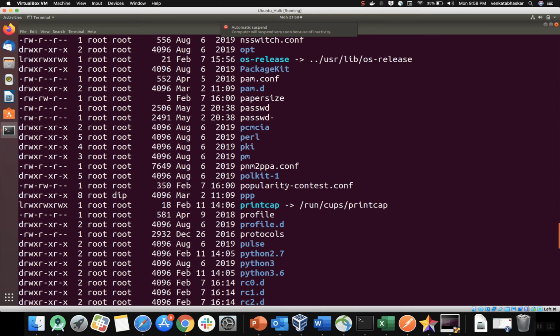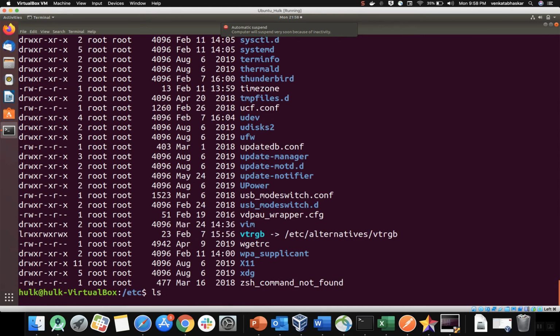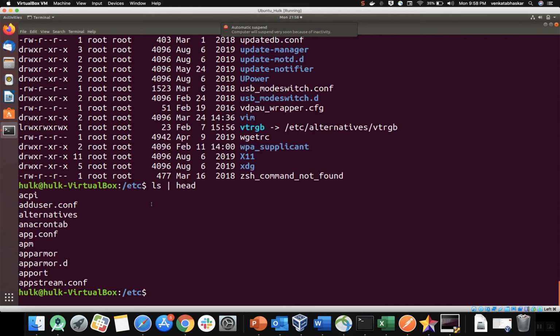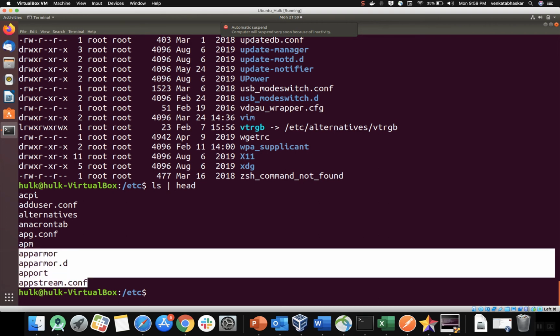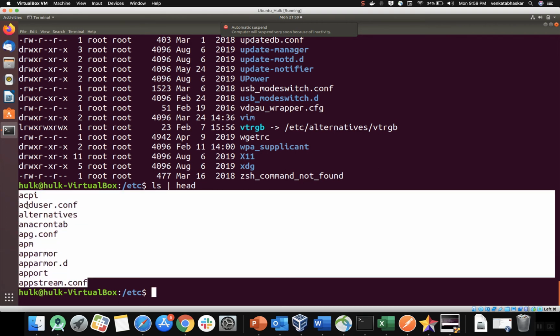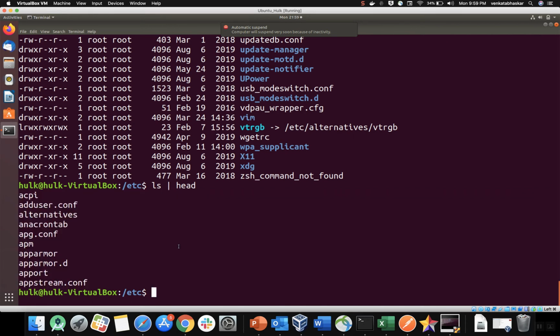You can use ls, a pipe symbol, and the head command. If I use this command, the top 10 records will be displayed: 1 2 3 4 5 6 7 8 9 10. Now if I want to display the last 10 files, then I can use ls, pipe symbol, tail command. Head means top, tail means bottom, right?